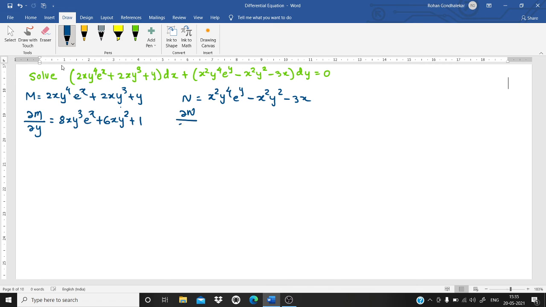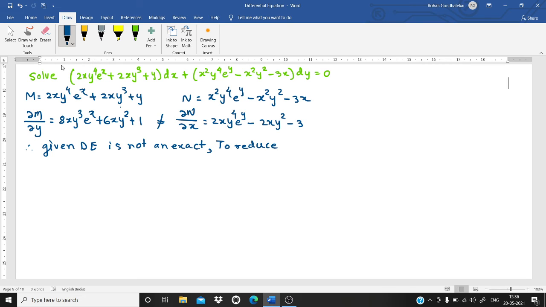The ∂N/∂x will be 2xy^4 e^y - 2xy^2 - 3. And of course they are not equal. So therefore the given differential equation is not exact. To reduce it into exact form,